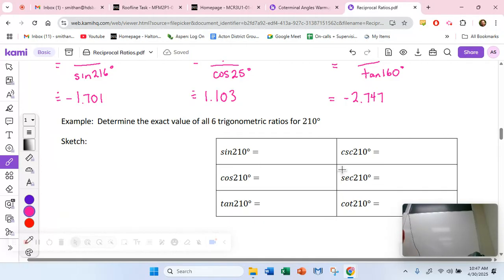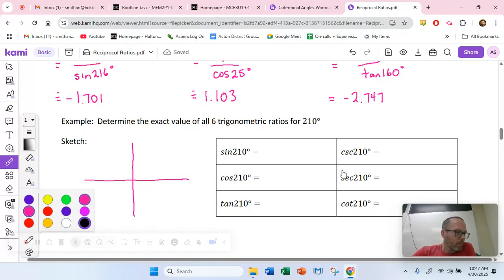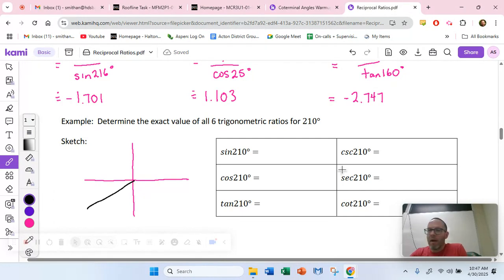Let's do the exact value of all 6 trig ratios for 210. First of all, let's sketch 210, because then we'll know what to expect for signs. 210, hopefully you guys would agree, somewhere about there. That's our angle of 210 degrees. What's the reference angle for 210? What's the angle that 210 makes, Andrew? 30 degrees. So can you guys add on 30 degrees